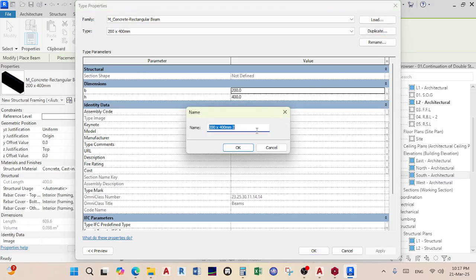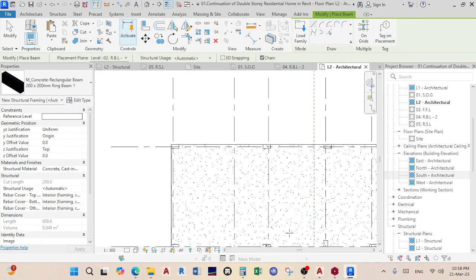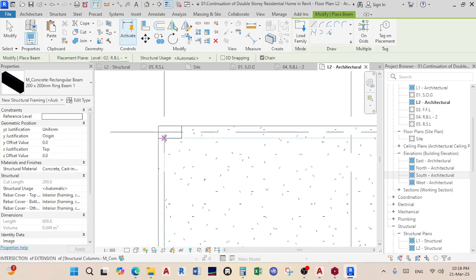Like that, you can say it's 200 by 200, right? 200 millimeter by, or you say 200 by 200 millimeter ring beam, ring beam 1. And then here you change to say 200, you okay, you apply, you okay, and then you